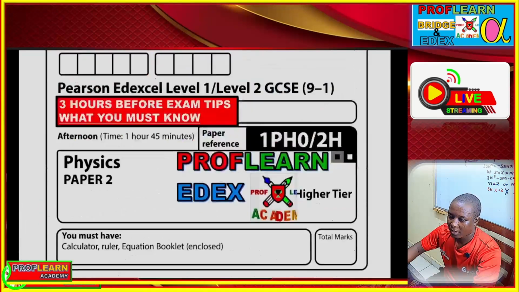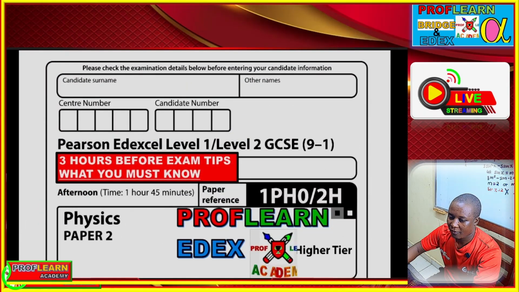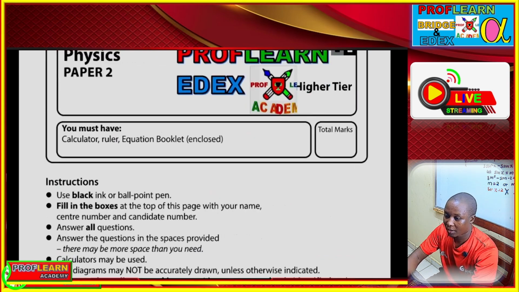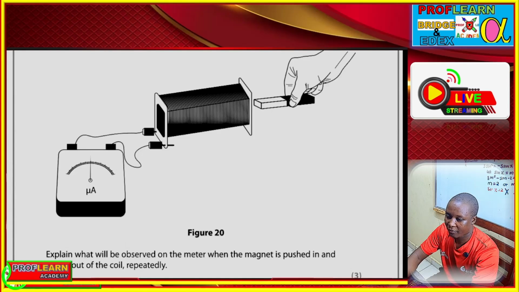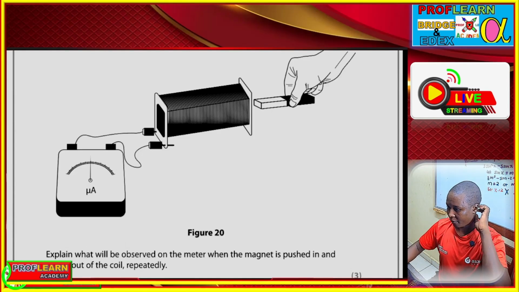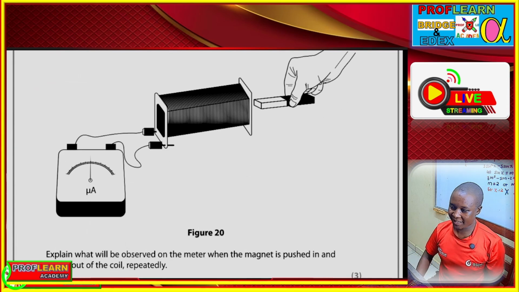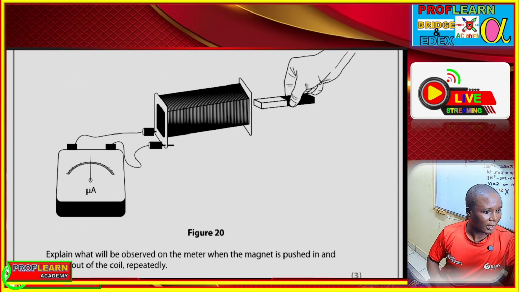I was looking at this question and I said this paper has 100 marks. GCSE Paper 2 H is tested on 100 marks, and it is 1 hour 45 minutes. And the first question that I was looking at here, before my audio developed that issue, I was saying that if you have a magnet and then you also have a coil,